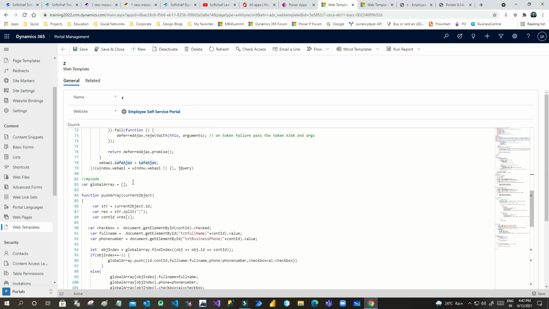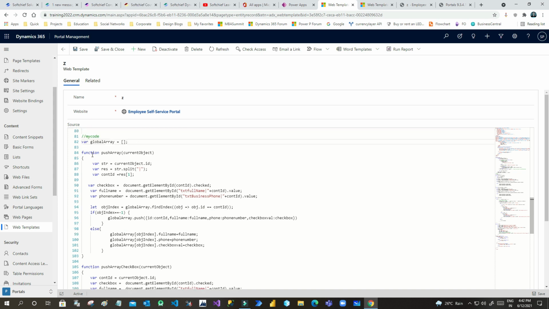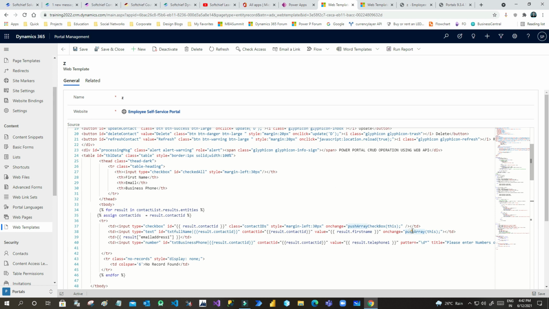Next, I have to define a global array, because I have taken this global array to keep all record items in an array, so that whenever someone clicks update or delete, I will pick the information from that global array. Now, this is the function called push array, and it is called by this first name on change and the phone number on change.